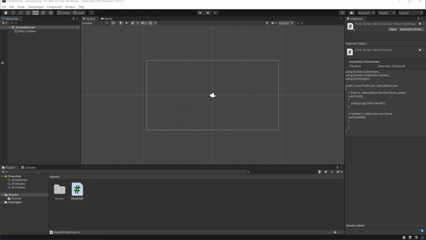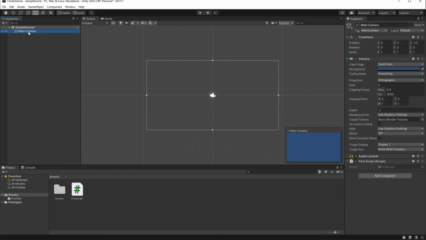Now click on the camera and look at the right side of the screen where we will inspect the camera in the inspector. You will see a bunch of stuff inside the inspector. Each of these small boxes called transform, camera, audio listener, and your first script is called a component.